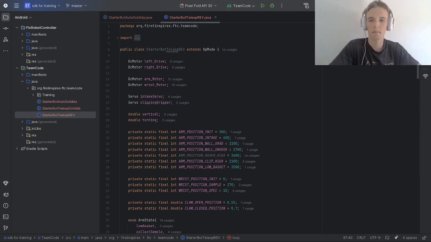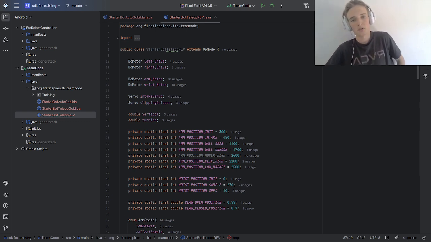Hello, and welcome back to the third video in the programming the REV Into the Deep starter bot. In last week's video, we finished off the teleop with finite state and using the enum to control the arm. In this week's video, we're going to show you how you can actually transfer that over to auto control